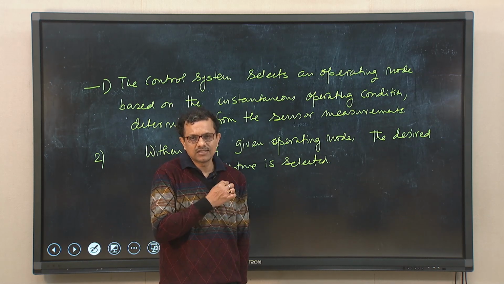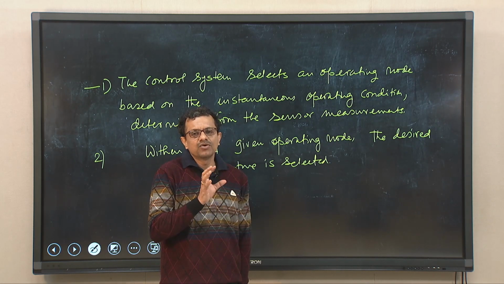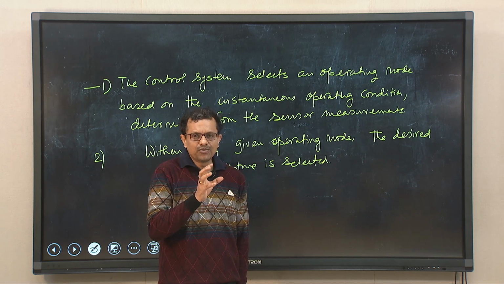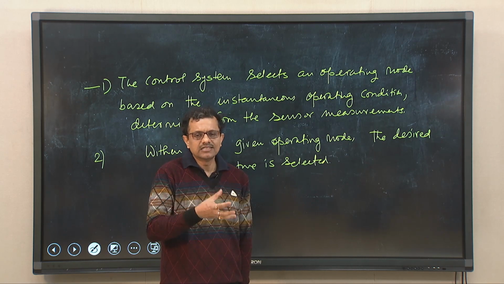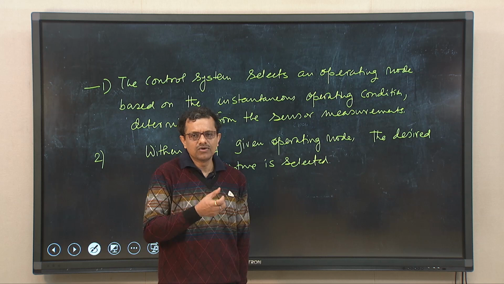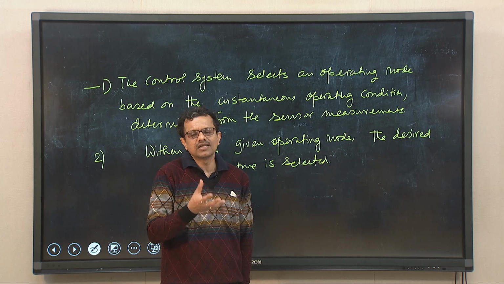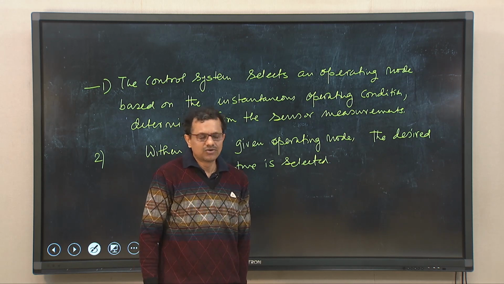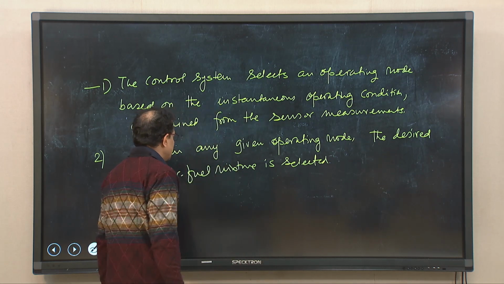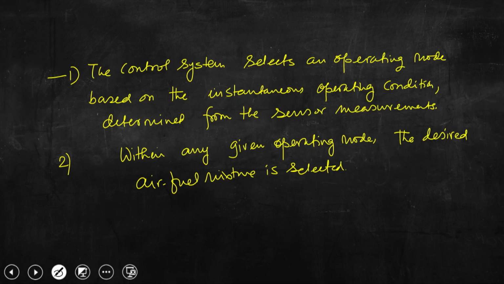In that condition, we had seen a few minutes back that the engine will produce maximum torque to handle heavy load, but with compromised fuel economy, and if fuel economy is not there, certainly the emission level cannot be controlled. So, the air fuel mixture is selected, okay, and